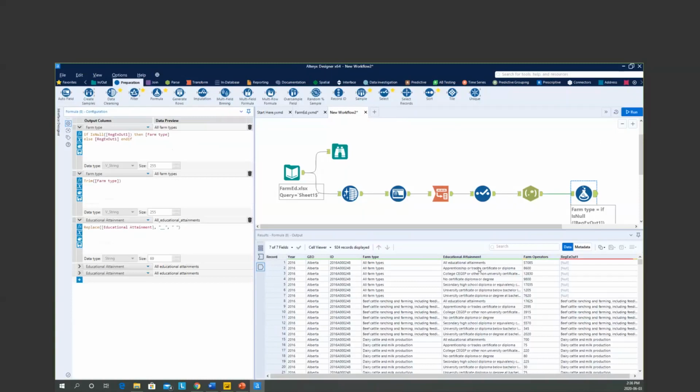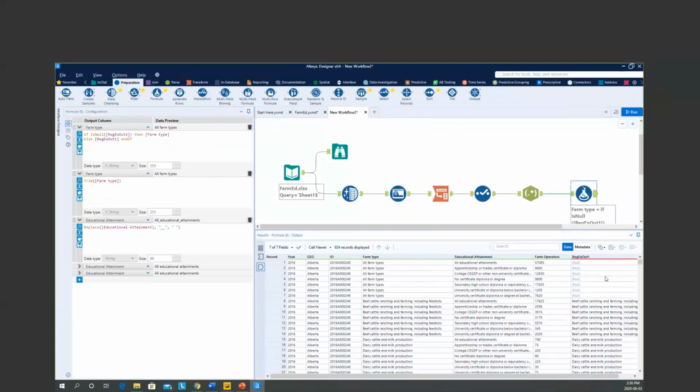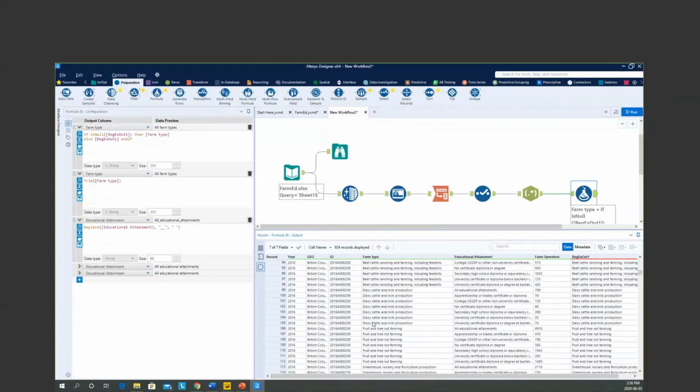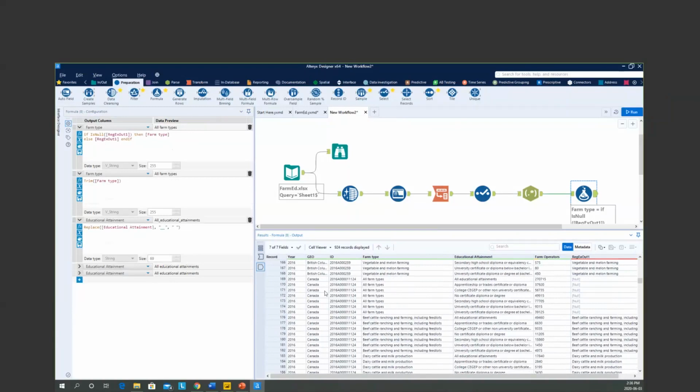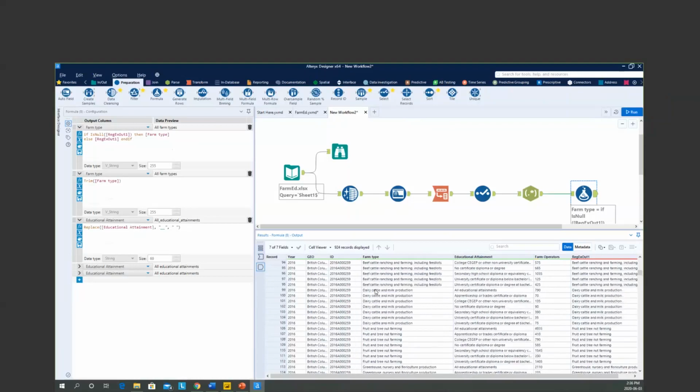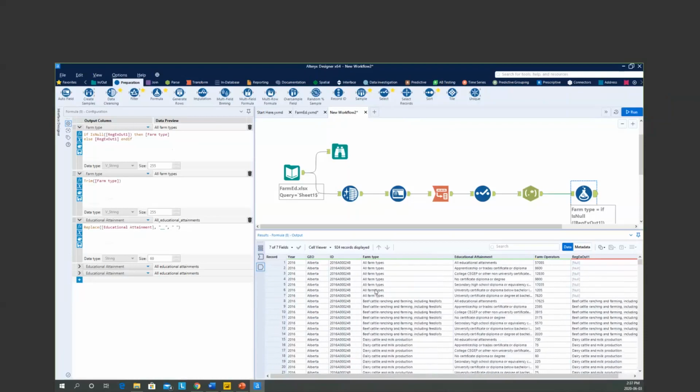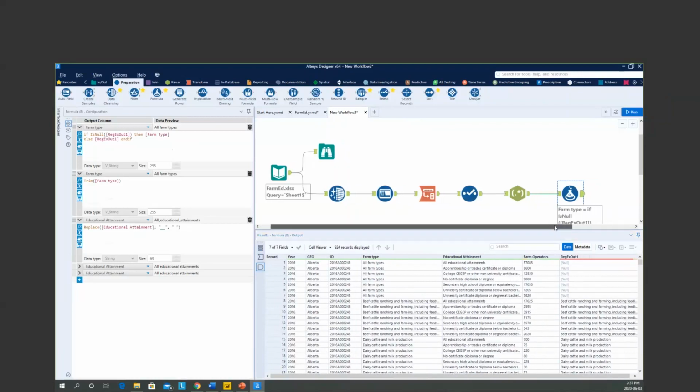So now that I see I don't have any underscores, I don't have any trailing spaces, this is looking pretty good. All I want to do now is I only want to look at the data that's valid for me. So I have everything split up by province, but then all of a sudden, I have this information split up for all of Canada. Now, I'm not really interested in the Canada information because I could easily just sum all of the provinces, and I really want to do an analysis on each province individually. So what I want to do is filter out Canada from my data